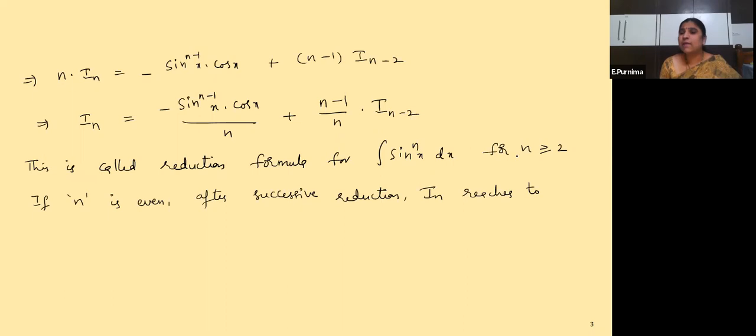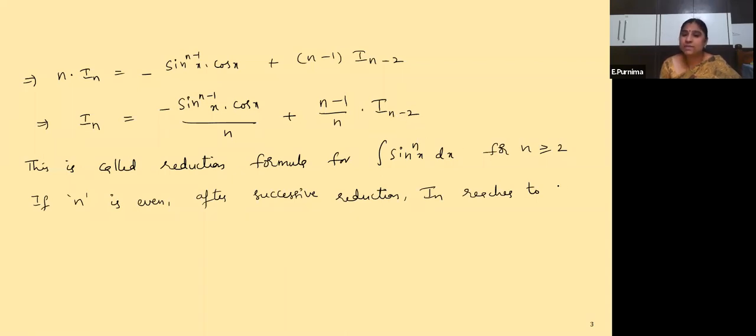If n value is equal to 2, then also we can proceed with the formula. So I2 is what? In the next step of integration, what we get? 2 minus 2 becomes 0. So 0 cannot be reduced further because n value should be always equal to 2 or greater than 2. I0 is not greater than or equal to 2. So we cannot do it further. So we are stopping at I0 only.